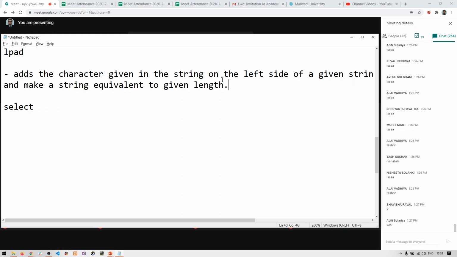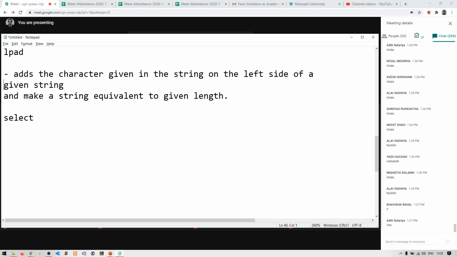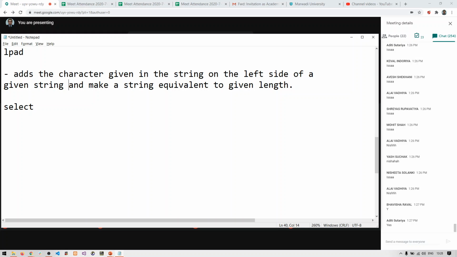So what do you understand from this? First of all, we need to add some character, and we are going to add that character on the left side of a given string. We are going to add the characters on the left hand side of a given string. And also we are going to make the complete string equivalent to the given length.